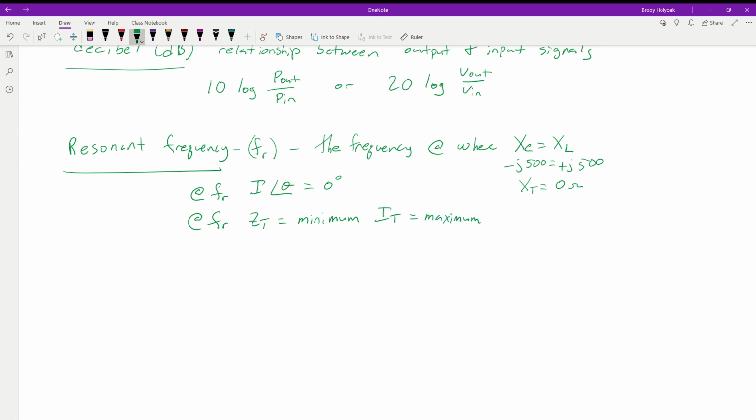As we start shifting things, we'll see our current change and our impedance change. But the cool thing is that at resonance, our XC and XL values are equal, so they cancel each other out. We're left with a 0 degree phase shift, which is really nice for measuring on our scope. And like I said, we have a minimum impedance and a maximum current, so it gives us the best of both worlds. The reason we want them at resonance is that we're trying to filter out specific frequencies. That's the whole idea behind this. These are really cool, kind of complicated at first, but really cool once we get going.